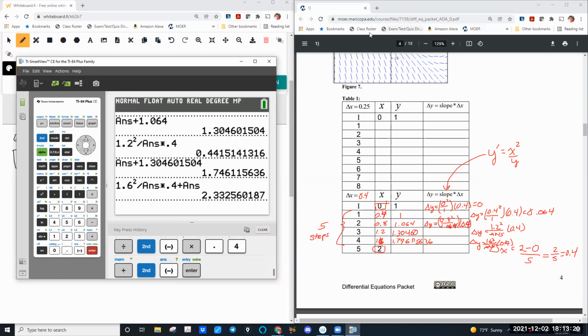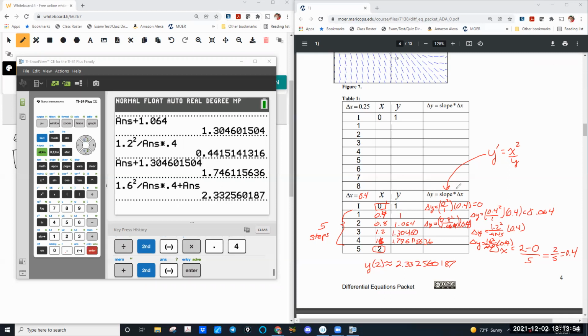When all is said and done, we get that y of 2 is approximately 2.332560187. Questions about this one? Did this help to see where the numbers are coming from? I know I apologize about how messy it is,